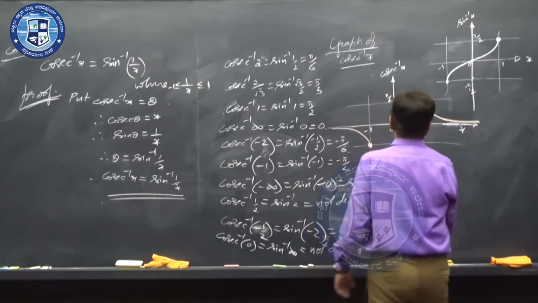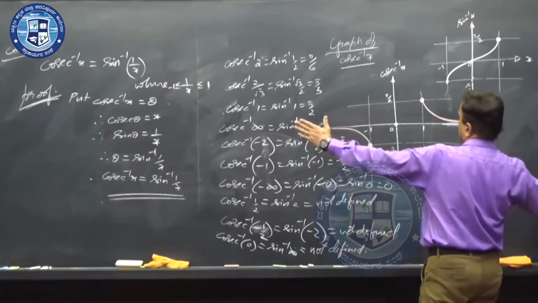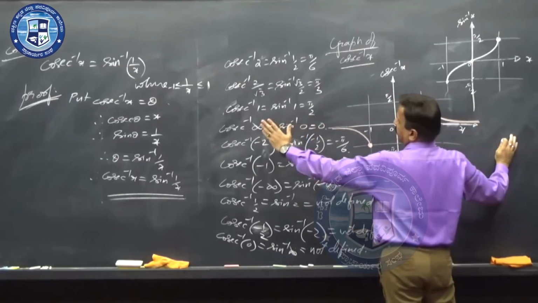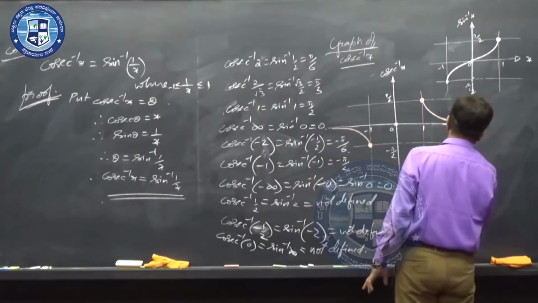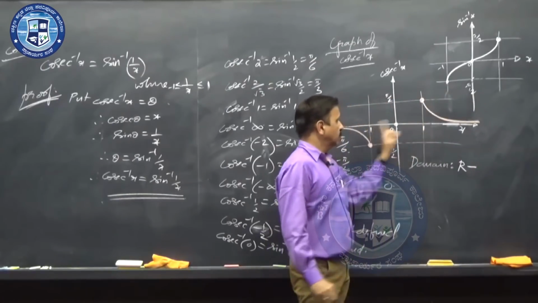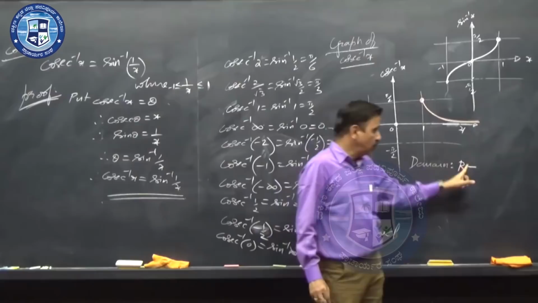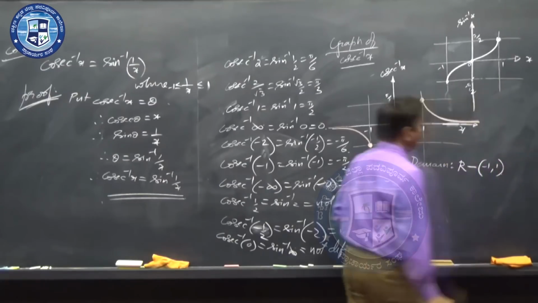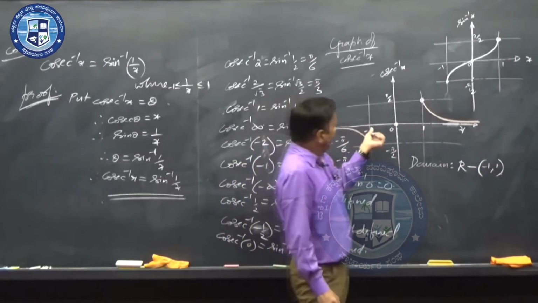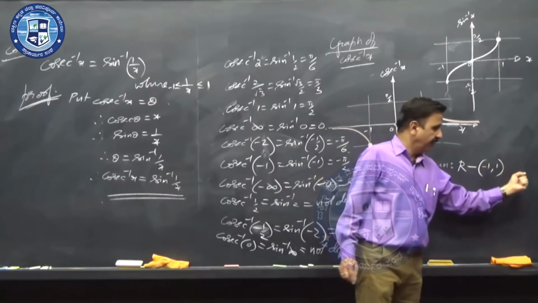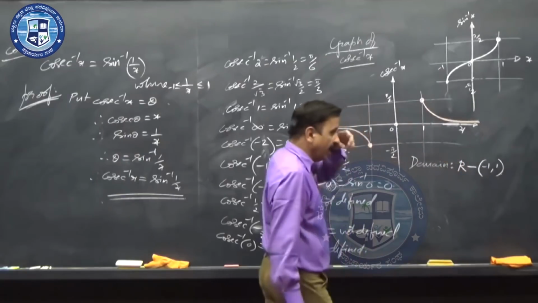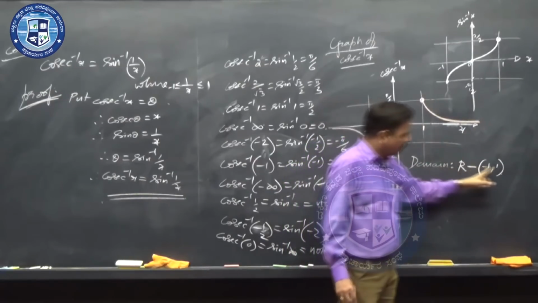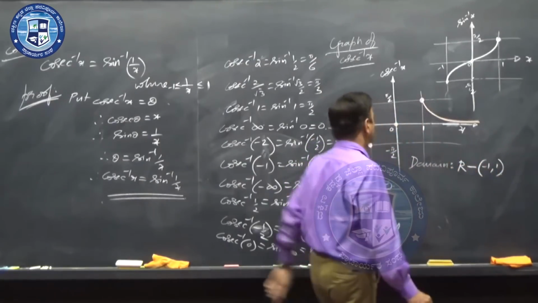Okay. Domain. Domain is the values of x. You find that x can take any real value after x equals 1, and any negative value before x equals minus 1. So, I can write R minus the open interval minus 1 comma plus 1. It can take all real values except any value between minus 1 and plus 1. That is what I have deducted from the set of reals. But it has to be an open interval, because you can't subtract 1, because it can take the value of 1. x equals 1 is possible. That is why I have not subtracted x equals 1 from the set of reals.